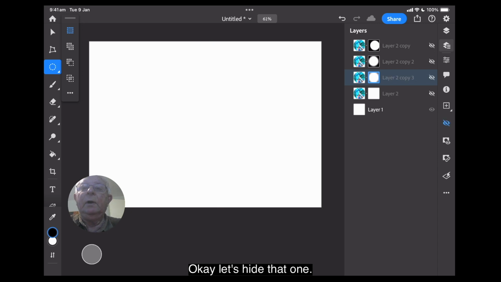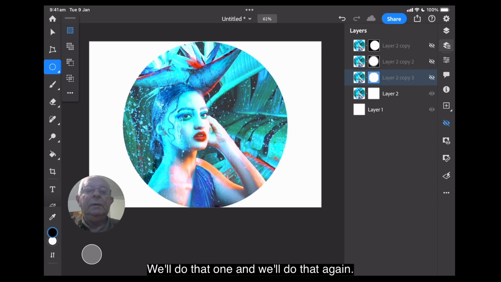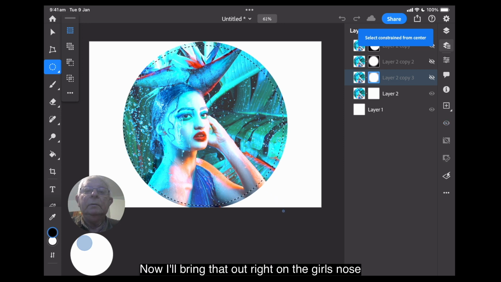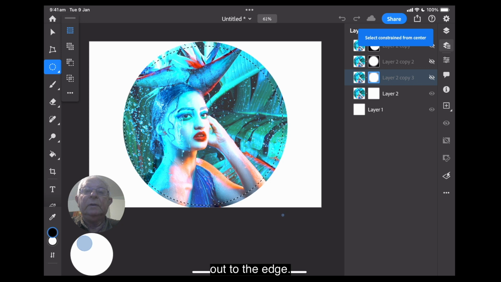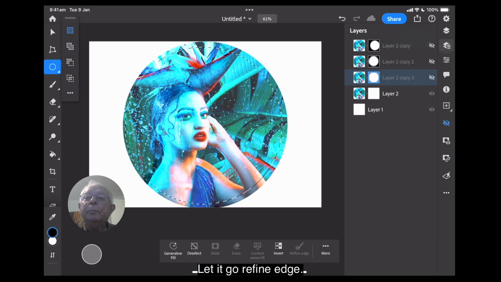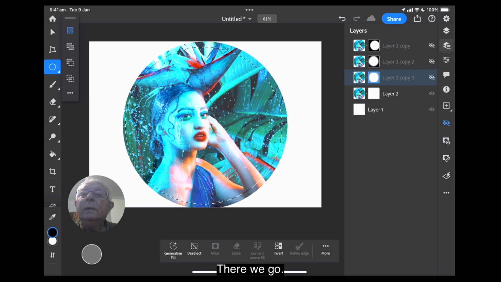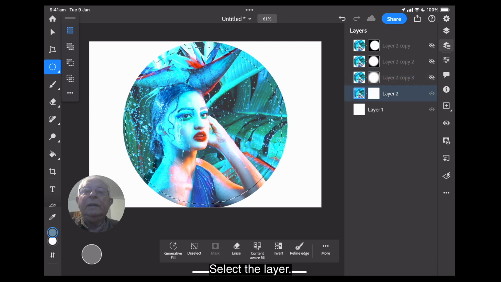Okay, let's hide that one. We'll do that one, and we'll do that again. Hold the control key down. We're still on the circle mark. Now I'll bring that out. Right on the girl's nose, out to the edge. Let it go. Refine edge. I didn't have, what's going wrong here? There we go. Select the layer, refine the edge,